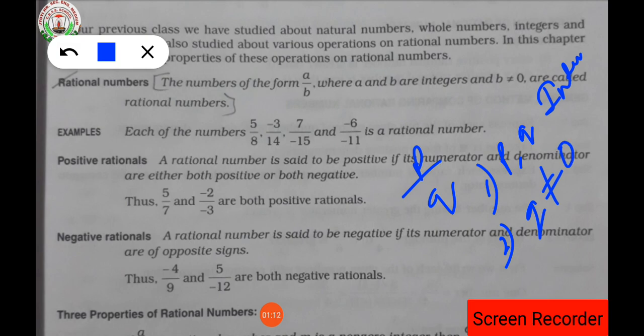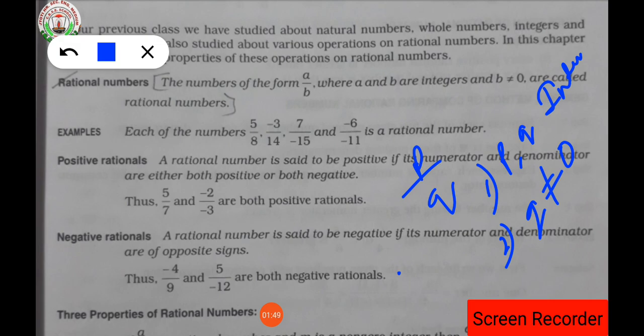So whenever any fraction or number is in the form of A by B, P by Q, R by S, X by Z, any, it is a rational number when it follows the two conditions. First condition is that the numerator and denominator must be integers and the denominator never equal to 0. Integer, that means in the previous video I had already told you about integers. An integer is a combination of positive and negative numbers, along with neutral, that is 0, also. That kind of number is called an integer.